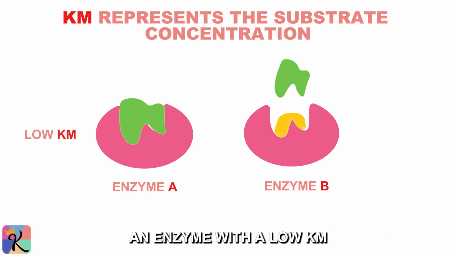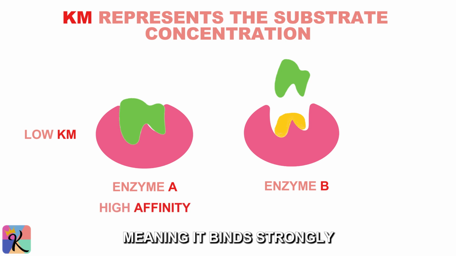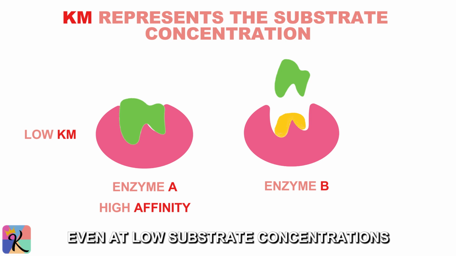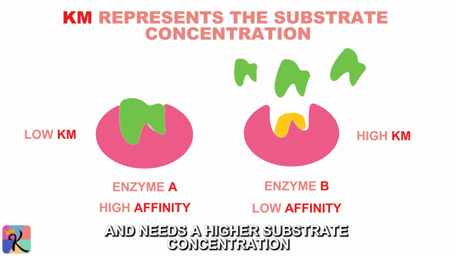An enzyme with a low Km has a high affinity for its substrate, meaning it binds strongly even at low substrate concentrations. Conversely, an enzyme with a high Km has a lower affinity and needs a higher substrate concentration to